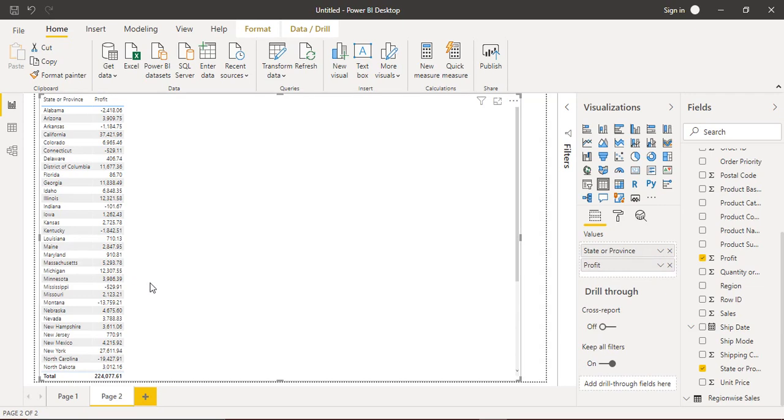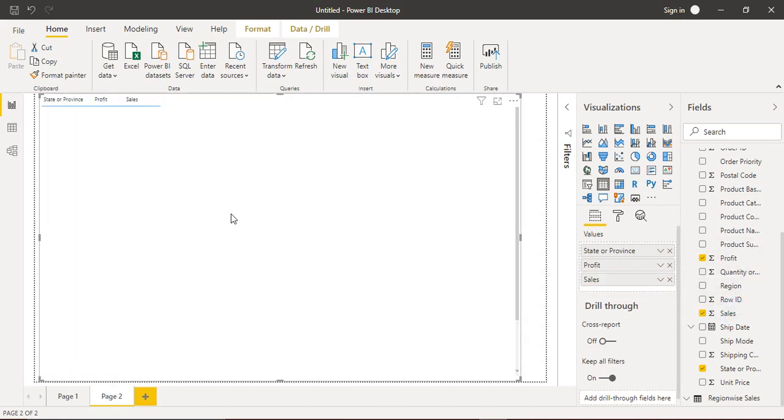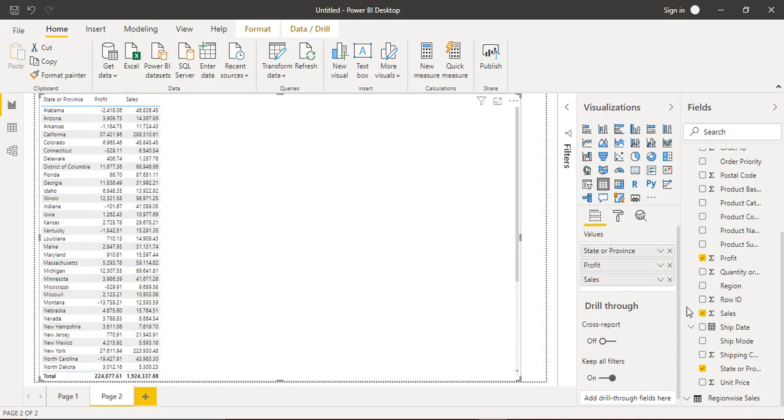And as soon as I do that, you can see that we have got two columns in our table, the state or province column and the profit column. Now I can drag as many values as I want into this values field, and it would be added into the table. Alright, so suppose I want also the sales of each state or province, then I can just drag in the sales as well.